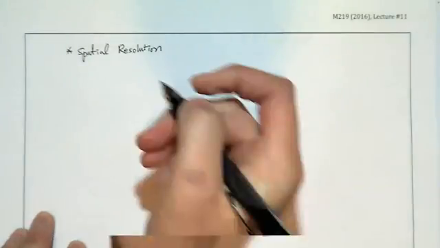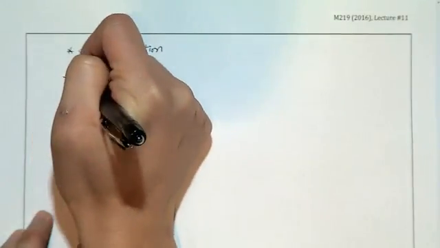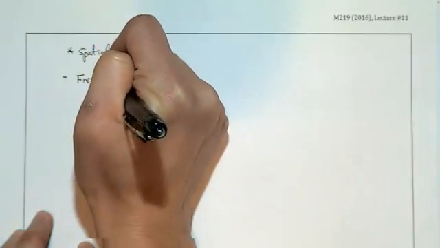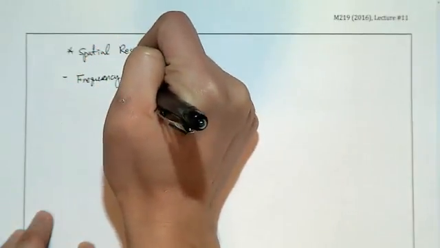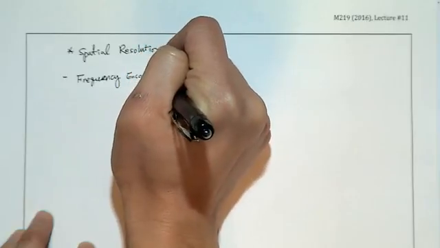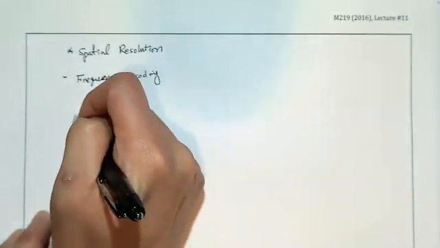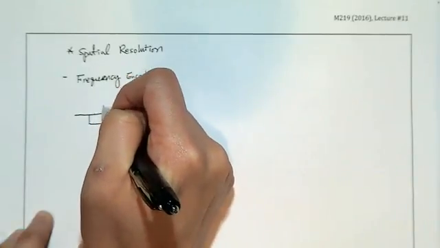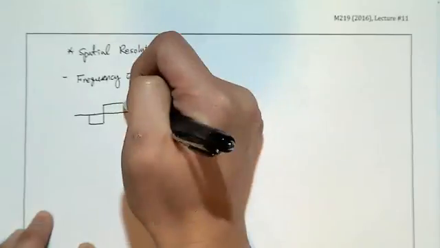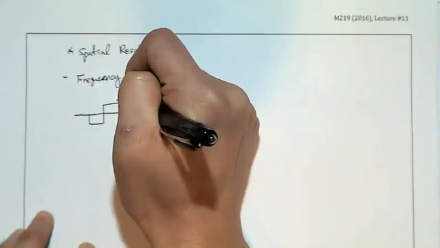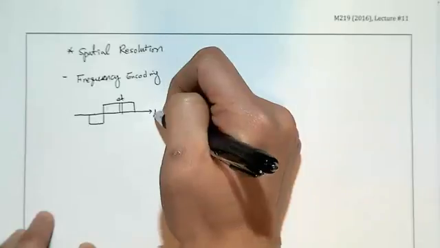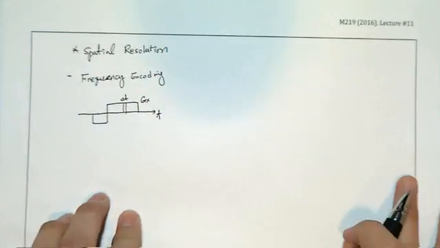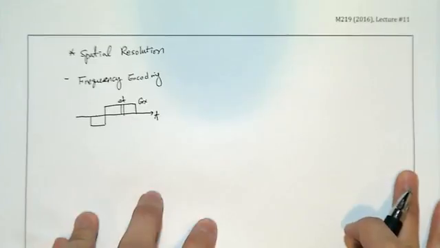First, we're going to take a look at, again, frequency encoding. Frequency encoding will be like this, and this is your T. GX is your gradient amplitude. We need to calculate what is the WKX, right? So WKX